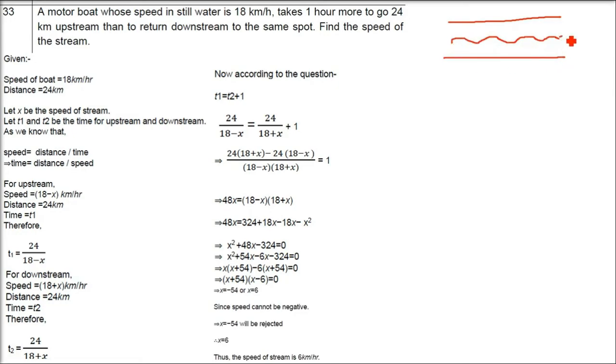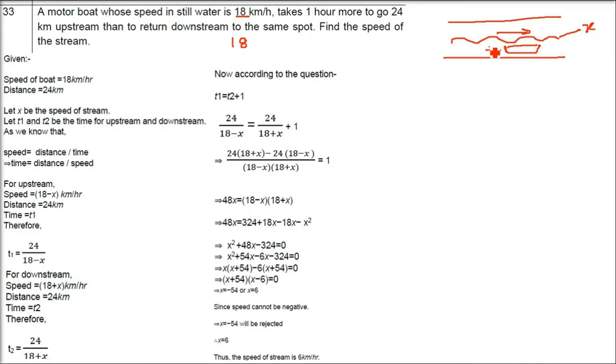So this is the water in the stream. Water is moving, water is flowing. The speed of water flowing is x. Now the motorboat speed in still water is 18 km an hour. If water is not moving, water is standstill, the speed of the motor is 18 km an hour. This is still water speed. But when you go either side, there will be a difference of the speed. Let us start with going against the water.